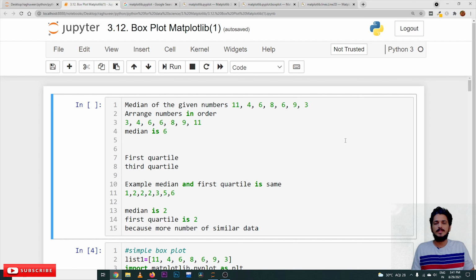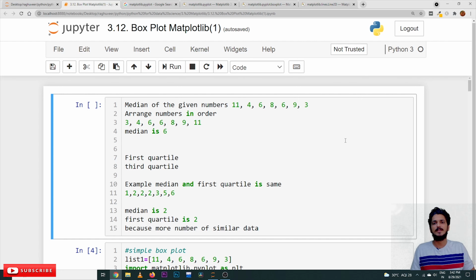I am Raghuveer. In this class, we will discuss box plots. In our previous classes, we have discussed many of the plots: histograms, bar plots, and scatter plots. We use the concepts which we already discussed in our previous classes. Please follow our playlist from the beginning so that you will have a better understanding of the complete Python for data science. The link for the playlist is provided in the description below.